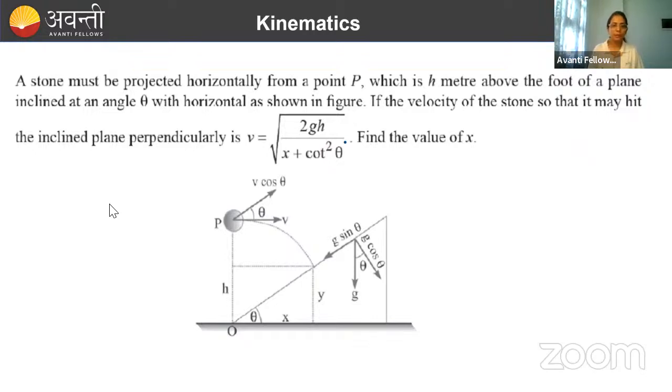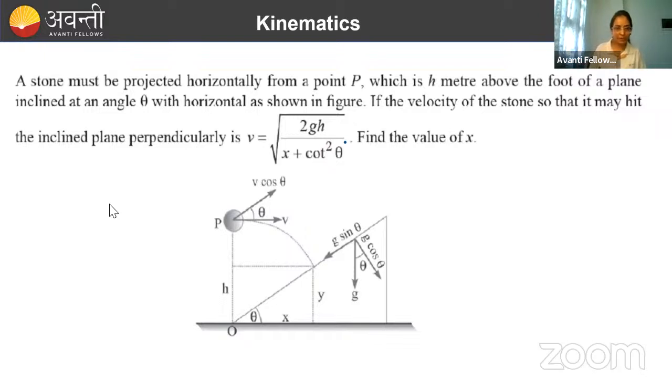Chalo, theek hai. What we need to look at here, how carefully we need to do this actually. What is the question? A stone must be projected horizontally from a point P, which is h meter above the foot of a plane inclined at an angle theta, as shown in the figure. If the velocity of the stone, so that it may hit the inclined plane perpendicular, is v, find the value